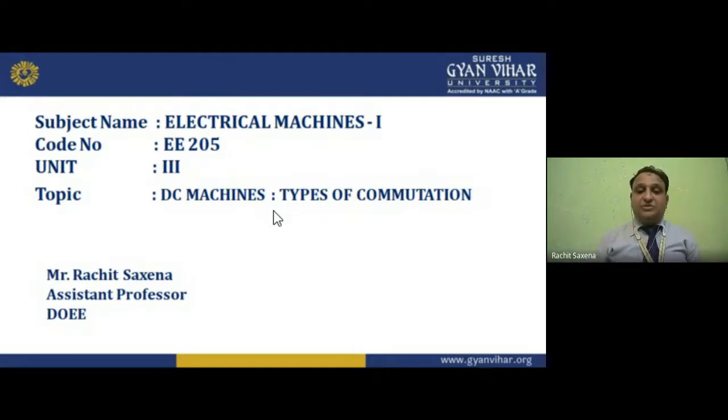Now Unit 3 is DC machine basics. In DC machine basics, we studied the construction. So many things are there in the construction, and the commutator is the main part. Why is it the main part? Because when I convert from one form to another, I get bidirectional current. I want to convert that bidirectional current to unidirectional current, so I need a device, an element, a component. That is your commutator. So we have studied the commutator.